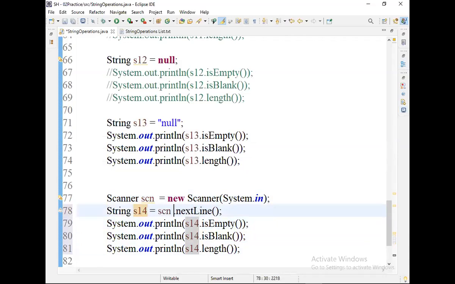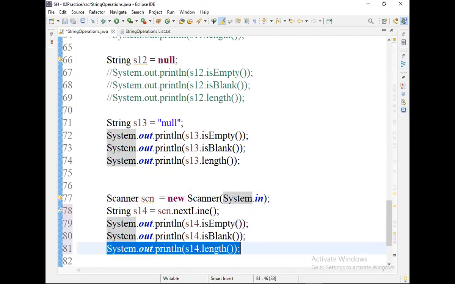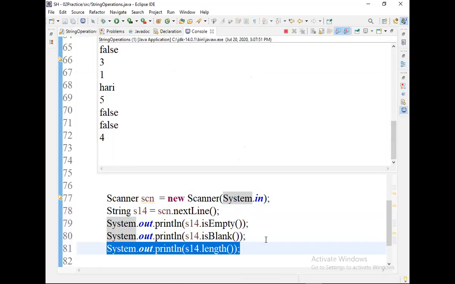The nextLine method returns an empty string. So isEmpty returns true, isBlank returns true, and the length method returns 0. Empty means 0. You need to enter the data; press enter to get true, true, 0.